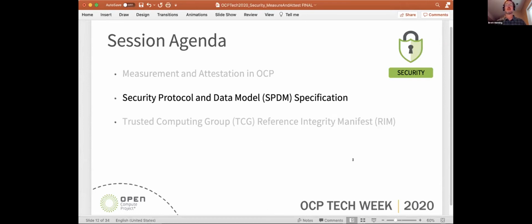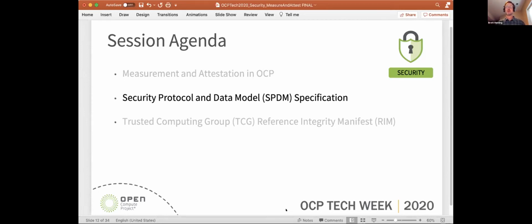As an introduction, I'm involved in both the OCP security project as well as the DMTF Security Task Force, which is the group that produces SPDM. So I will be bringing in pieces from each and really trying to show how the SPDM protocol enables the capabilities that are described in the OCP attestation spec. As I go back and forth between those roles, I'm going to try to keep it clear where I'm pulling